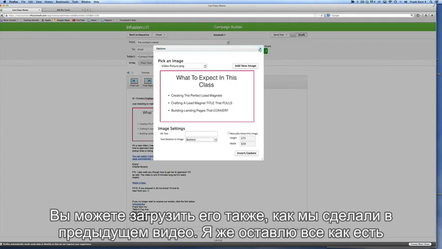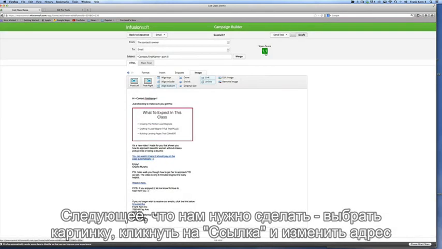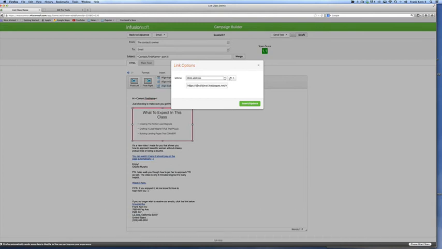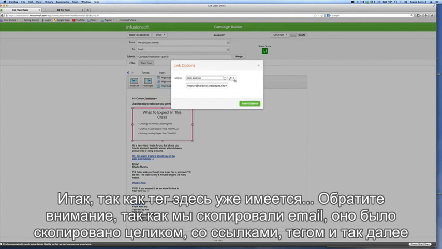I'll leave it here as is for now. But the other thing we want to do is select this guy, click on link, and change this tagging. So let's just say we're pasting a link here, and now because they're already tagged as having been a clicker,